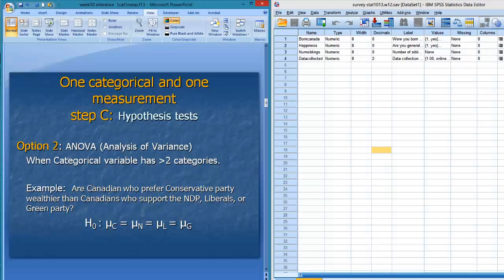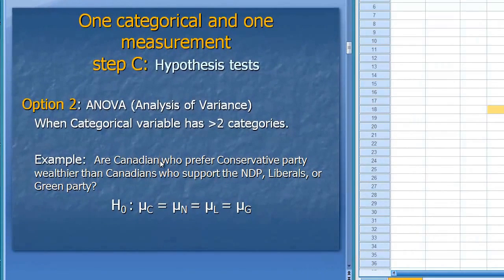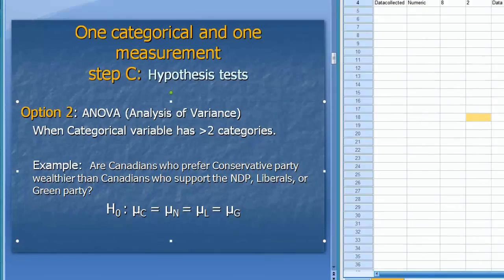Another option is when we have more than two categories. Then we do what's called an analysis of variance, or ANOVA test. It's very similar to comparison of means, but not in the SPSS workings; conceptually it's the same. Instead of having two means, we have 3, 4, 5, or 6, as it may be. The question I want to ask is, are Canadians who prefer the Conservative Party wealthier than Canadians who support the NDP, Liberals, or Green Party? So the mean here is the mean income or the mean